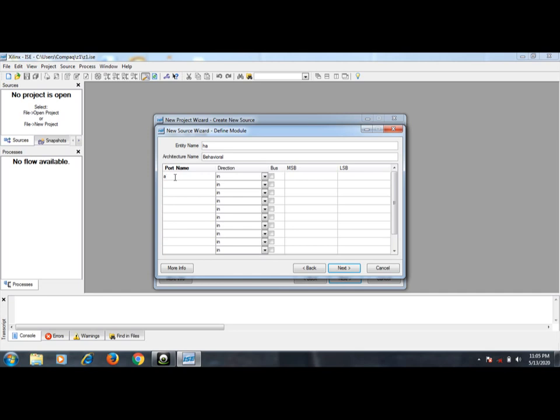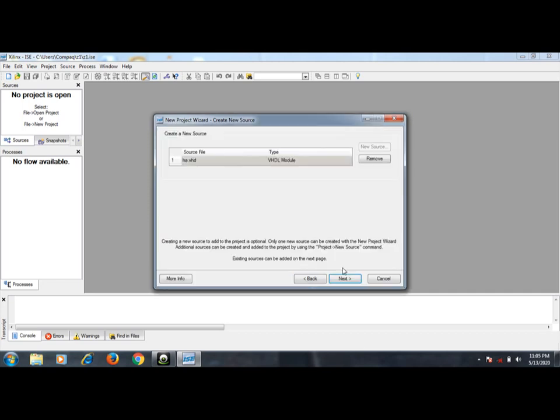For the half adder, 2 inputs are there, and the direction is by default taken as IN. And how many outputs are there for the half adder? 2 outputs are there. One is called the sum, another one is called the carry. Go to this drop down menu and select the OUT, because these two are outputs. And once again click on the next button, and finish is also there.